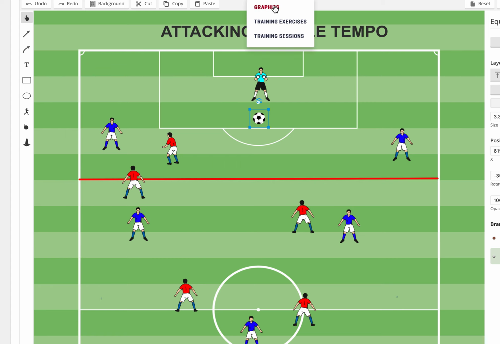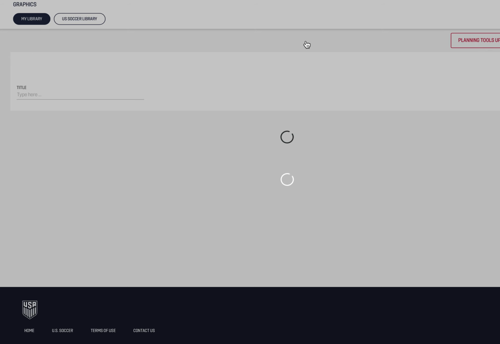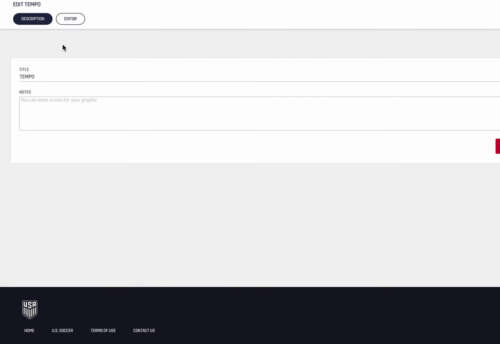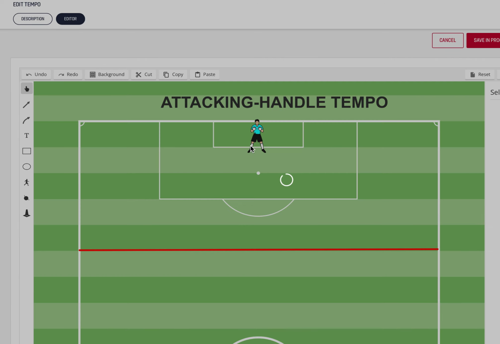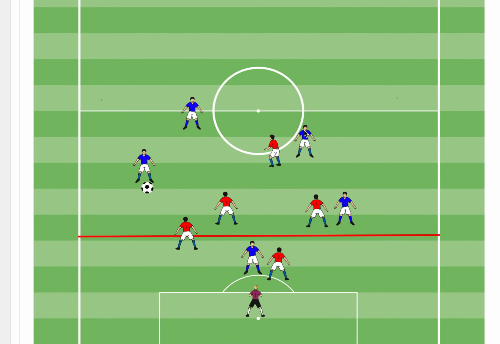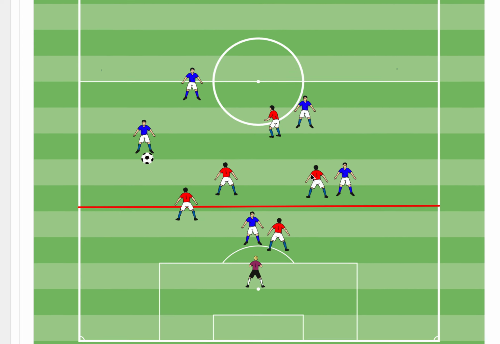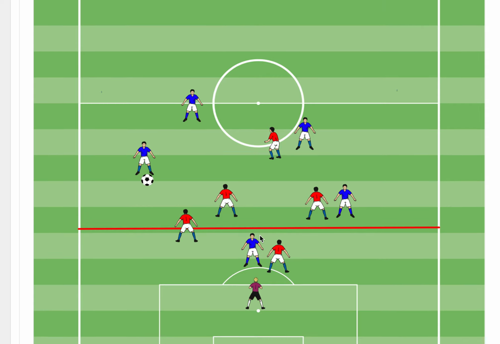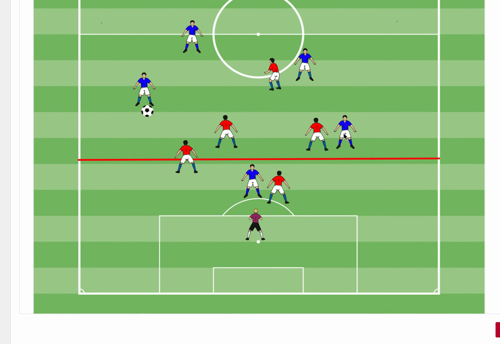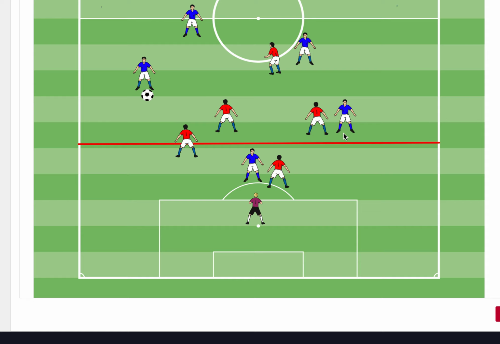So I have another graphic in order to explain this. Okay, so we can see this graphic right there. Now, guys, that's the main point right here. As soon as we are in our opposition half, as you can see in this graphic, we're going to have a bunch of pressure in this area right there, right? And remember that we are talking about tempo, guys. Remember that tempo means how we're going to control our speed when we're attacking.